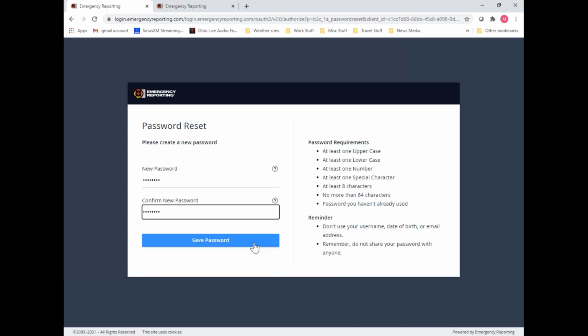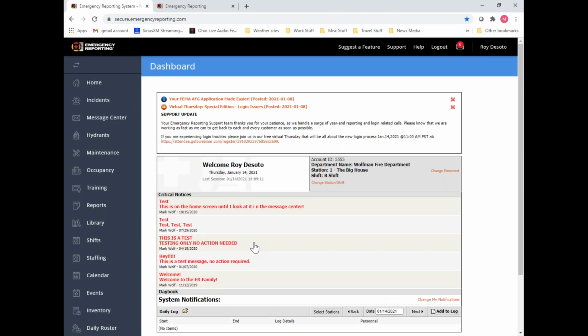So after you get your password in and then you confirm it, we select save password, and you will land on the home page or dashboard, which is what we're going to do right now. So on this particular page, and this is an extremely important point, on the computers that you're using, you want to bookmark from this page the URL, and I'm going to highlight it in blue at the top of your page,